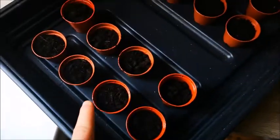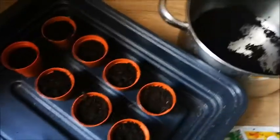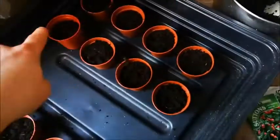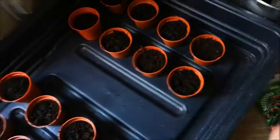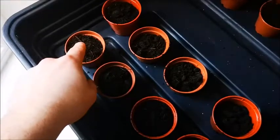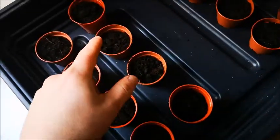Okay, so as you can see, we've got 4 rows of 4, so in each of these we'll have probably chilies, peppers, one of the tomato varieties and the other tomato variety there. So yeah, the Fantasia and the Balcony Yellow. So what I'm going to do is I'm going to put 1 seed approximately in the centre of each of the individual